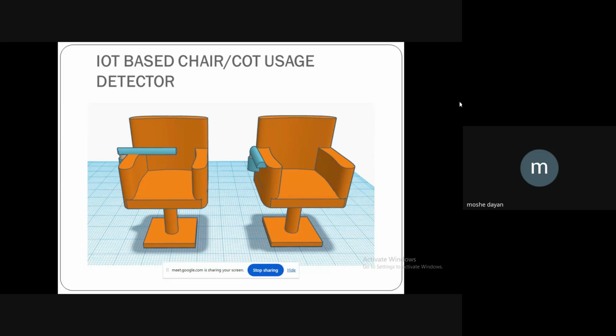For a person who is running a salon shop, to check whether the employees are working properly. Suppose the employee is doing a service for 10 customers, and then if he doesn't give the money to the franchisor, if he takes the money of 5 of the consumers in his pocket, the franchisor would be cheated. So this particular inventor wants to keep a wooden block like this. So what is the use of this wooden block? No one can sit down on this chair. If somebody wants to sit on this chair, he needs to bring the wooden block to this position.